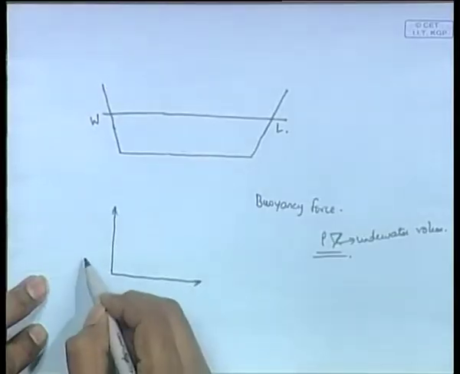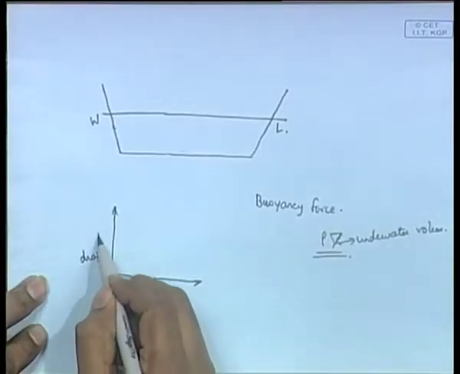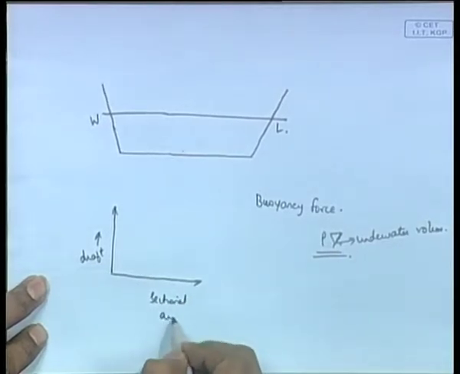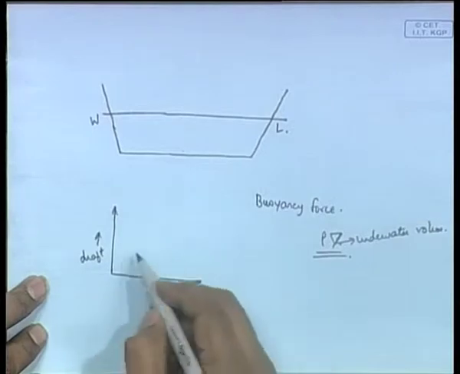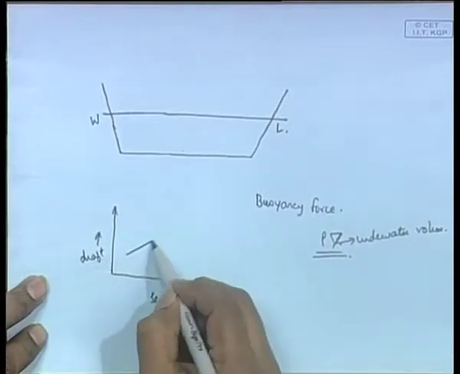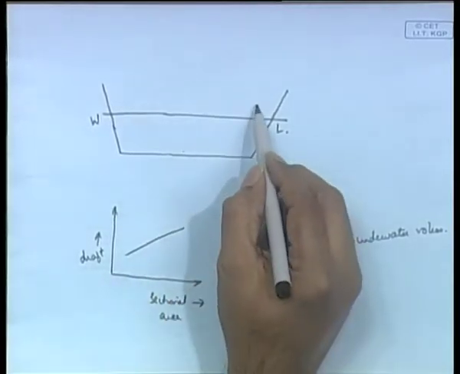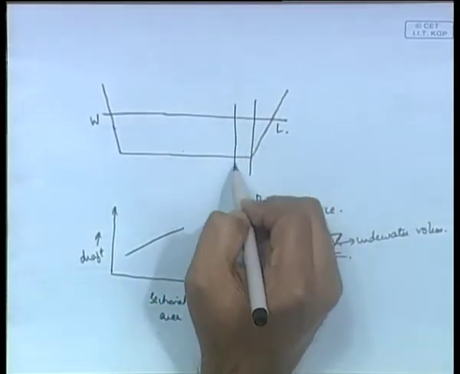So, the curve between this draft and the sectional area is called a Bonjean curve. As the draft increases, the sectional area will increase. So, you have some curve. Now, provided you have the Bonjeans at different stations,